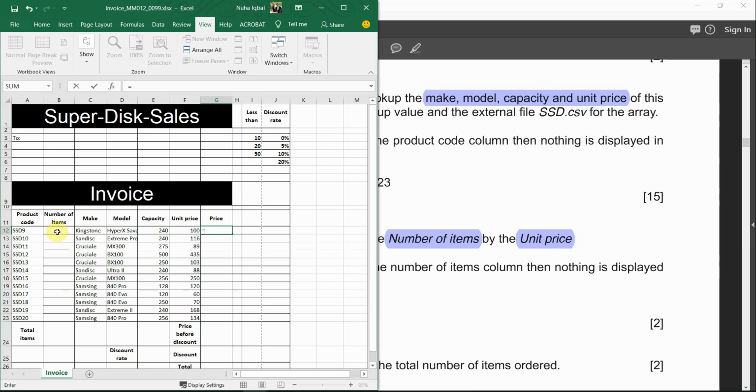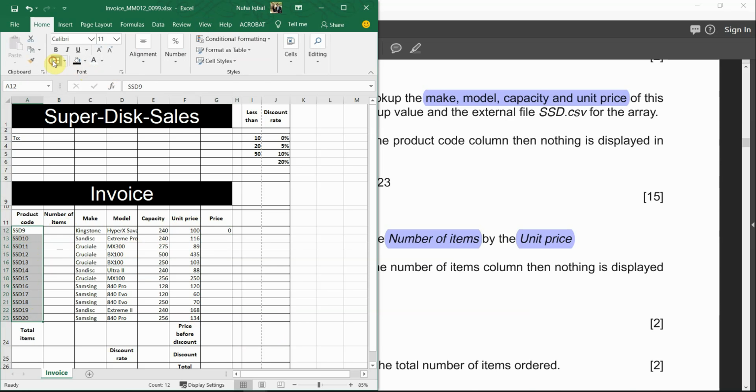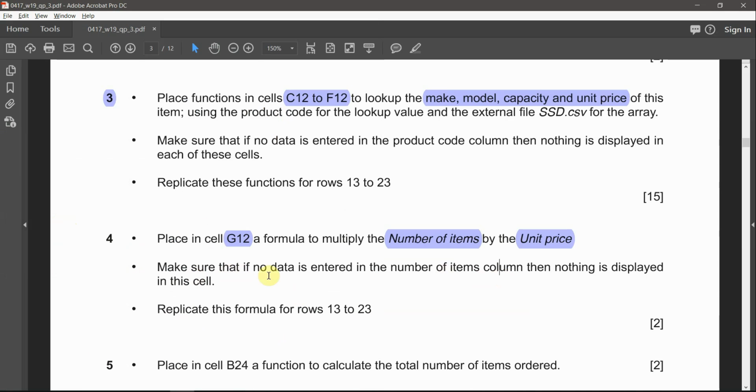So this is the number of items multiplied by the unit price, which is over here. It is currently going to show 0 because I have nothing over here. And oops, I lost my internal grid lines. Okay, and then make sure that if no data is entered in the number of items, then nothing is displayed